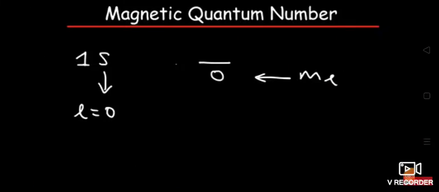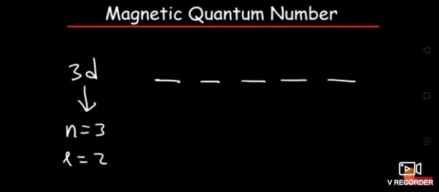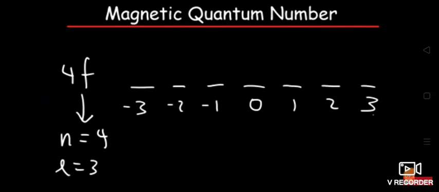The magnetic quantum number for 1s, where L is equal to 0: for the S orbital it is 0. The magnetic quantum number for the P orbital, where N is equal to 2 and L is equal to 1: in such a way you can write it. For 3D: -2, -1, 0, 1, 2. And 4F,